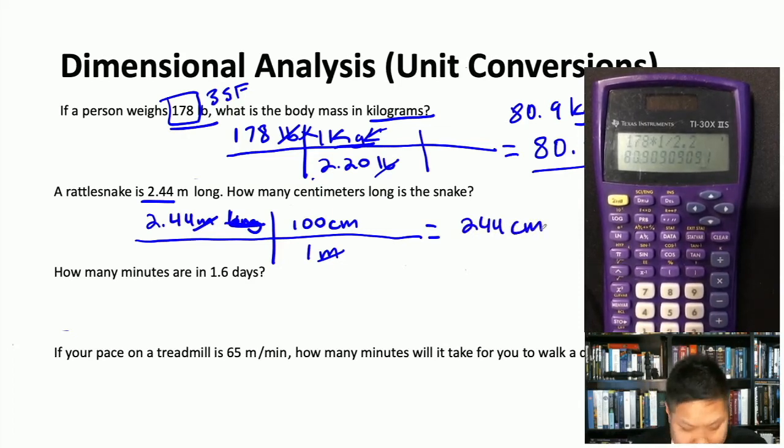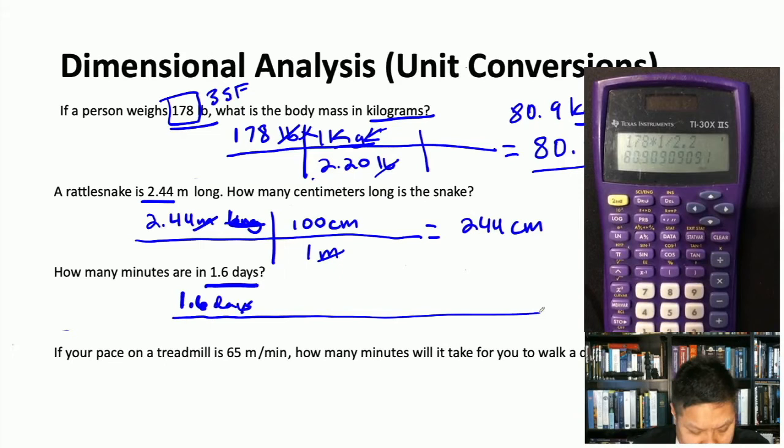Okay? Oh, here's something a little bit different. Time. How many minutes are in 1.6 days, right? So let's just start with what we have again. We have 1.6 days. Draw the line across, right? The division line. And then draw the multiplication line, right? For every 1 day,